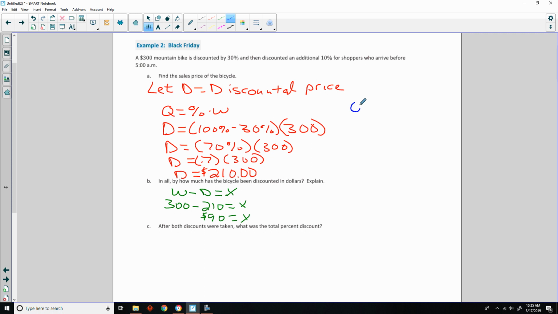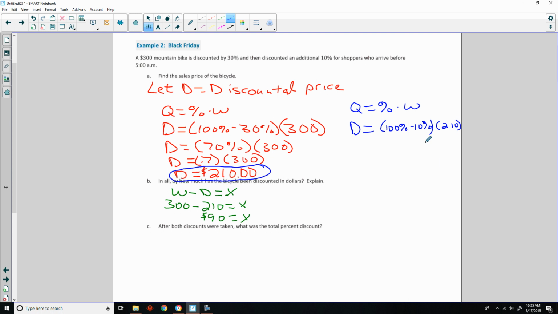So now I rewrite this equation, Q equals percent times whole. And Q is our discount price. And the percent off now is 10%. So we're going to take 100% minus 10%. Not minus 90, minus 10%, and multiply that by the whole price, which is now this whole price. So they've already discounted it